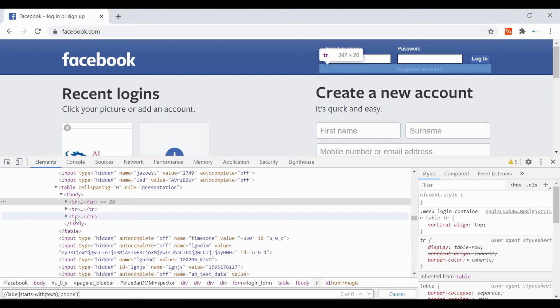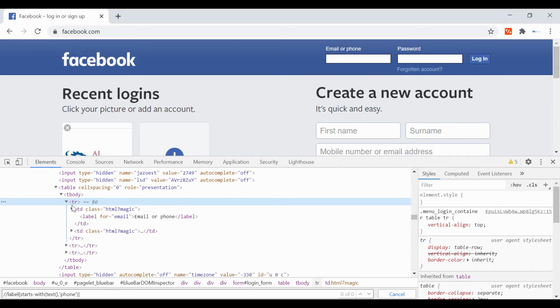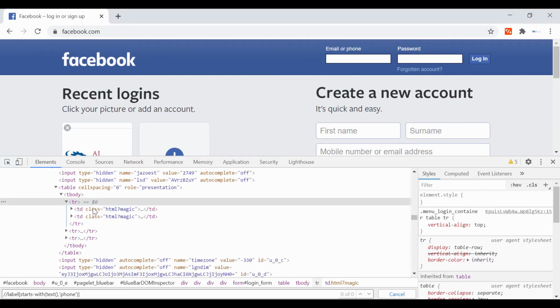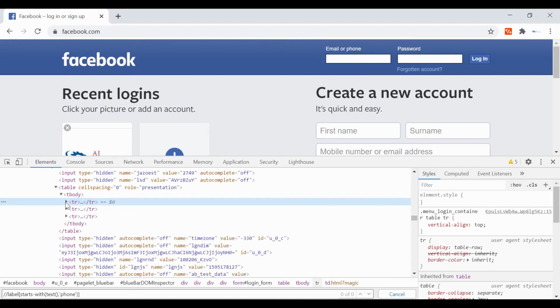So how is a table represented in HTML? With the help of tbody, then tr, which is a row, and each row will have some columns. The columns are represented by td. Currently I don't have an example of a web table, which I am going to cover in some session, but the concept is the same for a parent that has some children.